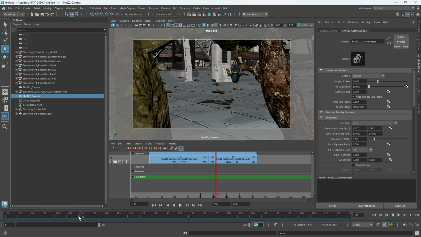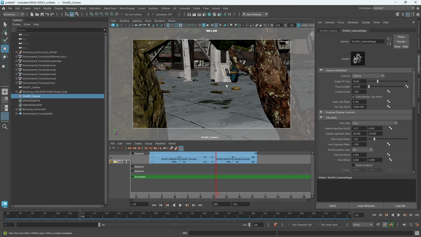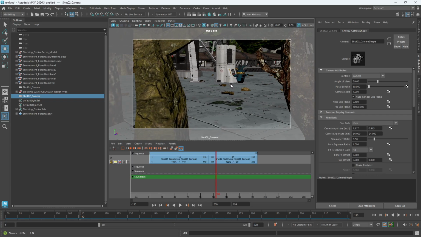But see, it's supposed to be from roughly around 111 to 200. So you can animate or set a keyframe earlier and then set a keyframe later. But you don't want to create keyframes in between 111 and 200. So for example, this one, maybe it's going to be a simple pan, left, right, or maybe a dolly in